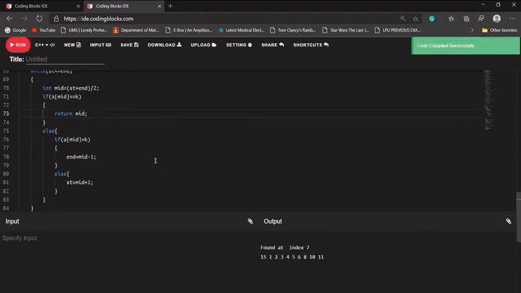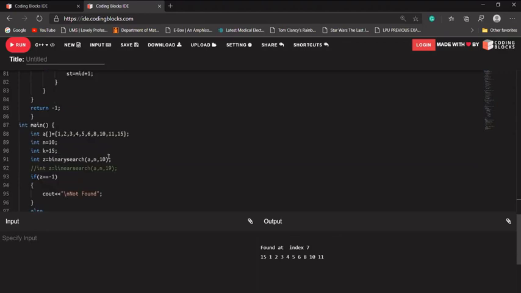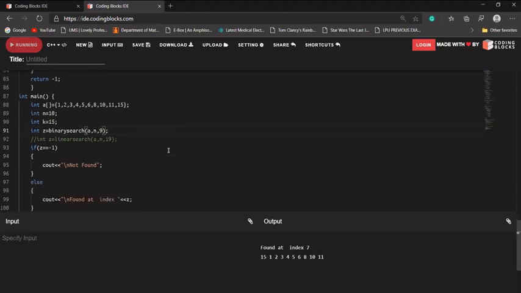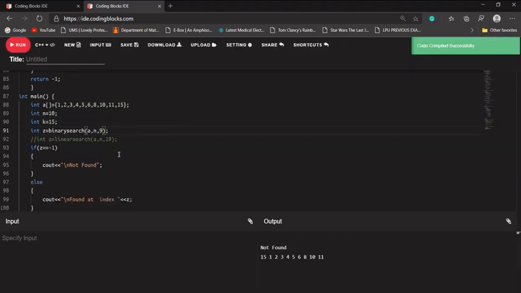So we had searched for 10 here. 0, 1, 2, 3, 4, 5, 6, 7. We have found the 10 value at index 7. Let's try to search for 9. It says 9 is not found. Let's try to search 189.